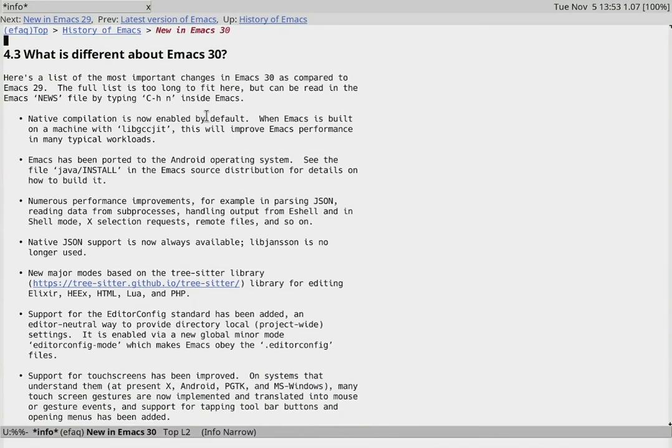The biggest one, and the one I want to mention first, is Android support, native Android support. As you can see here, Emacs has been ported to the Android operating system. What this means is that from Emacs 30 onwards, you can build Emacs to target Android devices natively and using a graphical